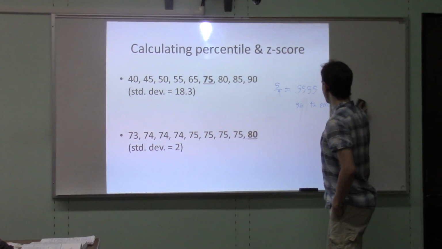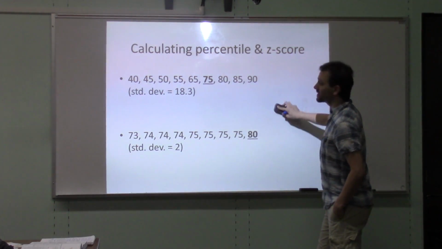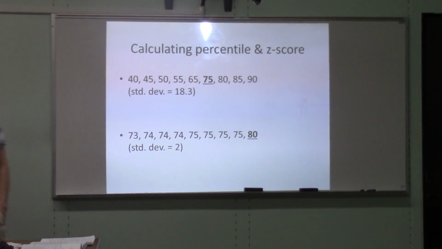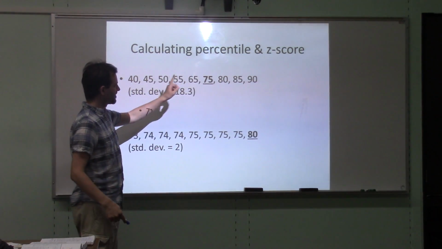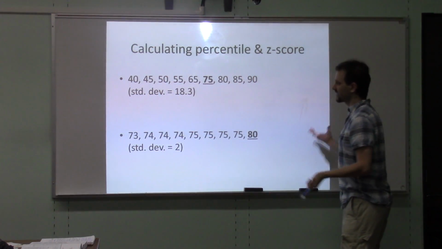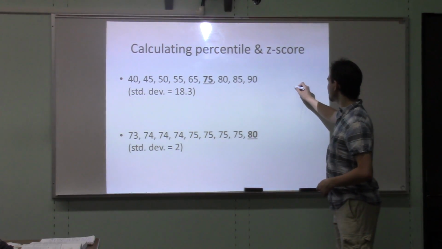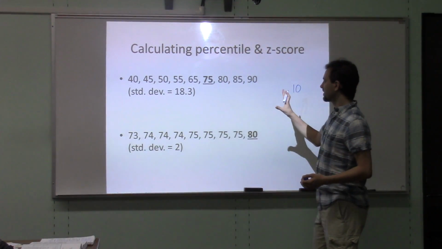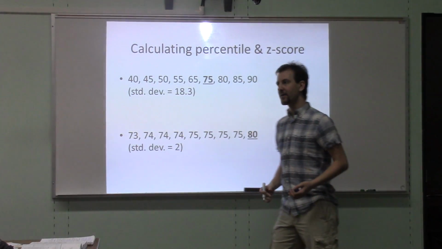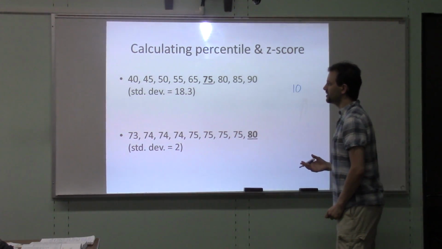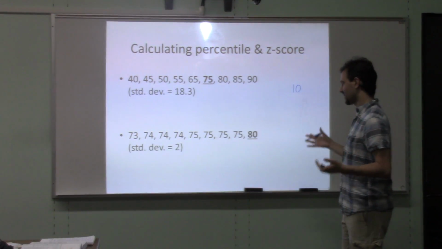So there's a different method which is more commonly used to measure where a specific person is in a distribution. And that is z-score. So let's talk about that. The average here in this group was 65. This person got a 75, so that's 10 points above the average. But these points are all very spread out. The standard deviation is 18.3. So we don't measure in how many points above the average, because,